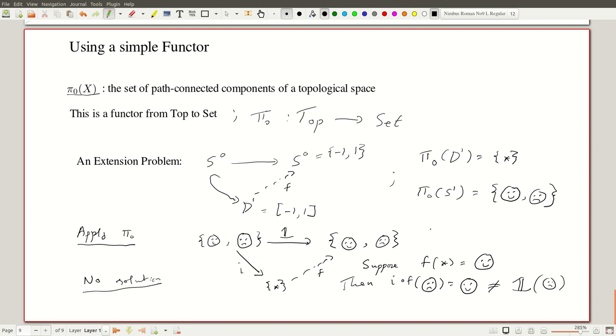Of course, the work in calculating that pi 0 of S1 is 2 is the same as the work in showing that this problem doesn't have a solution. So as I said, this just wraps things up, but the purpose of this is to have a concrete example, not a general philosophical abstract example, showing that you can apply functors to show negative solutions to problems. Okay, so with this we will just look at a couple of more things before turning to the core of this course, which is things like fundamental groups. We'll look at a couple of relations between extension problems and lifting problems.